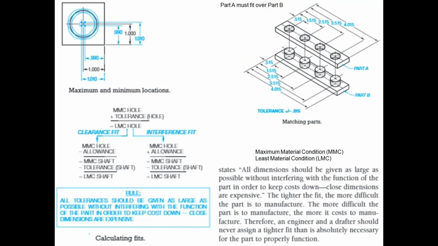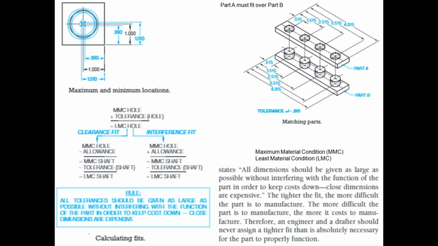That means the tighter the fit, the more difficult the part is to manufacture. The more difficult the part is to manufacture, the more it costs. Therefore, an engineer should never assign a tighter fit than is absolutely necessary for the part to